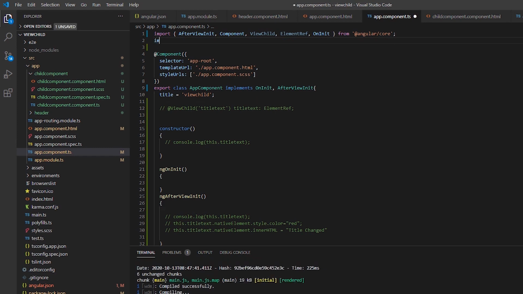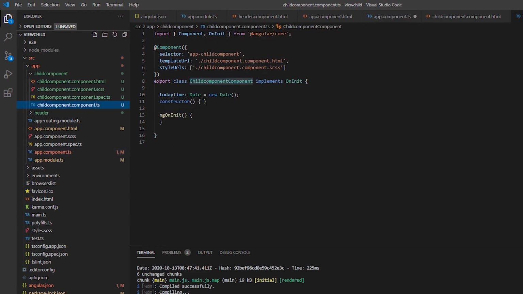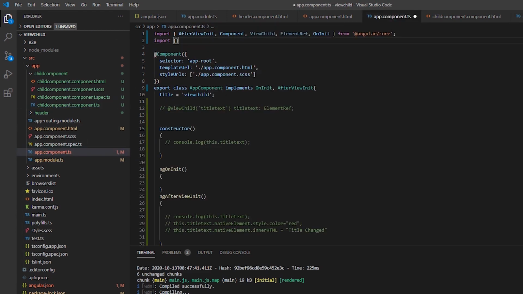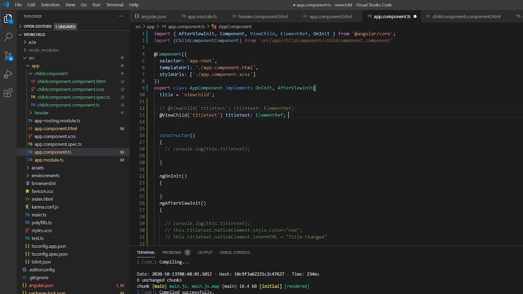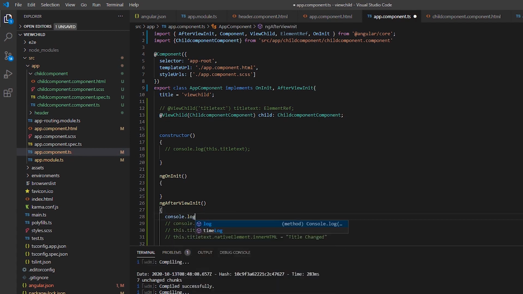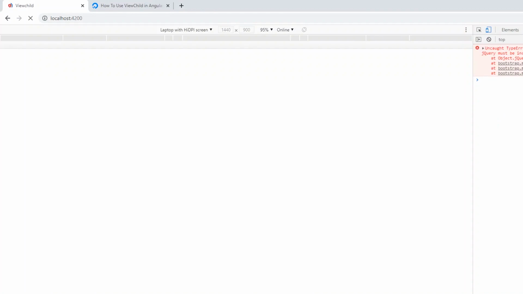To use the ViewChild decorator with a child component, we need to import the child component into the parent component first. Now just copy the ViewChild decorator line and paste it here and pass the child component here. Just console the today time value from the child component.